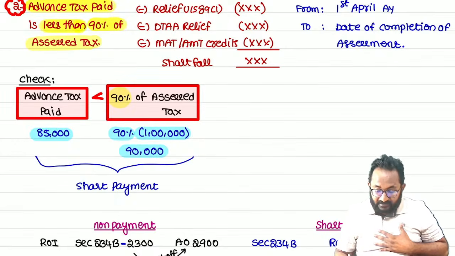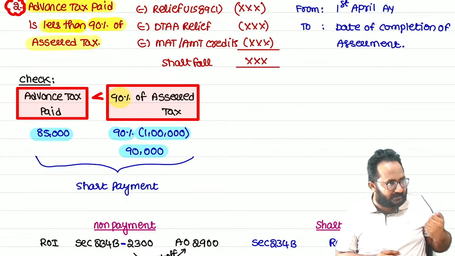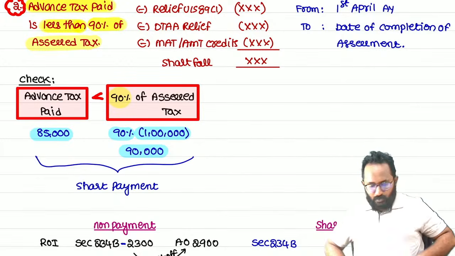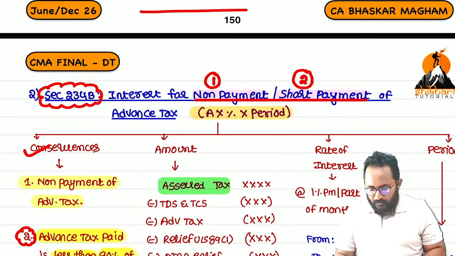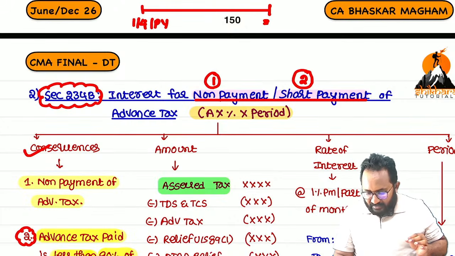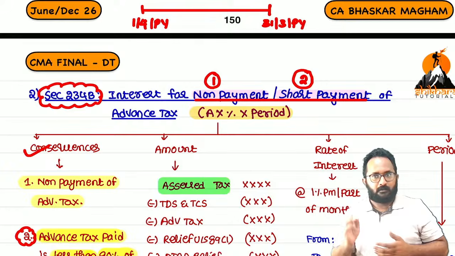Their expectation is 90,000. You have to clear it in the previous year in the form of advance tax, all installments together. Can you tell me up to what date we can pay the advance tax? From the first day of the previous year to the last day of the previous year, whatever you paid, only that we can call advance tax.